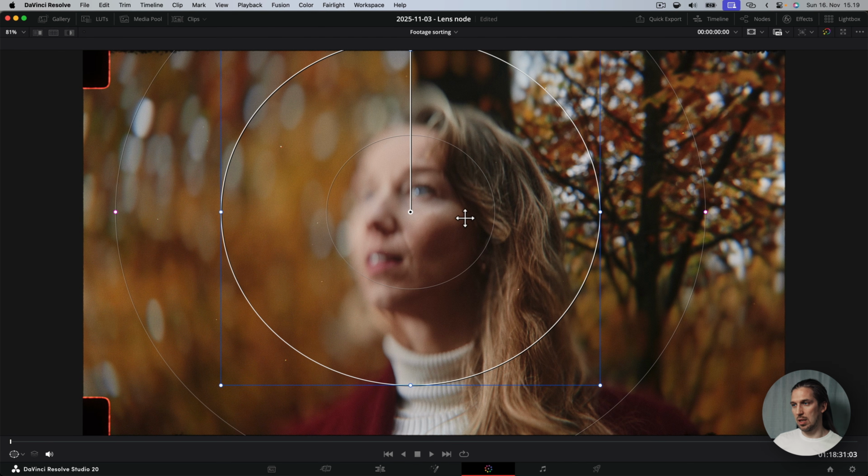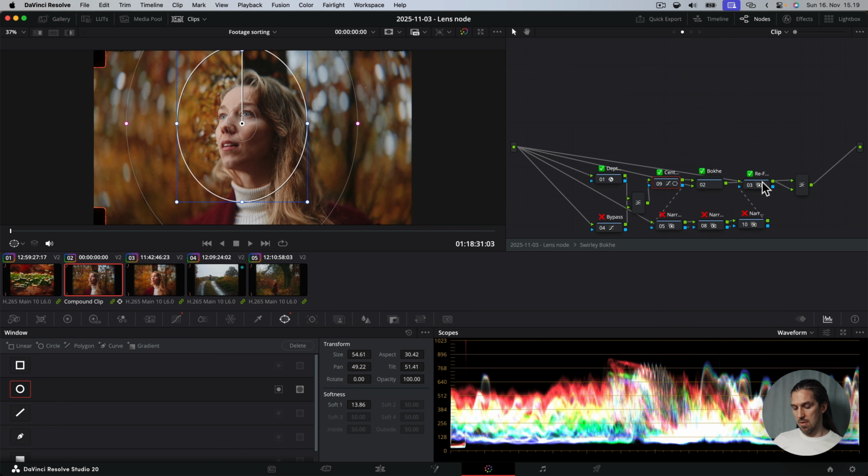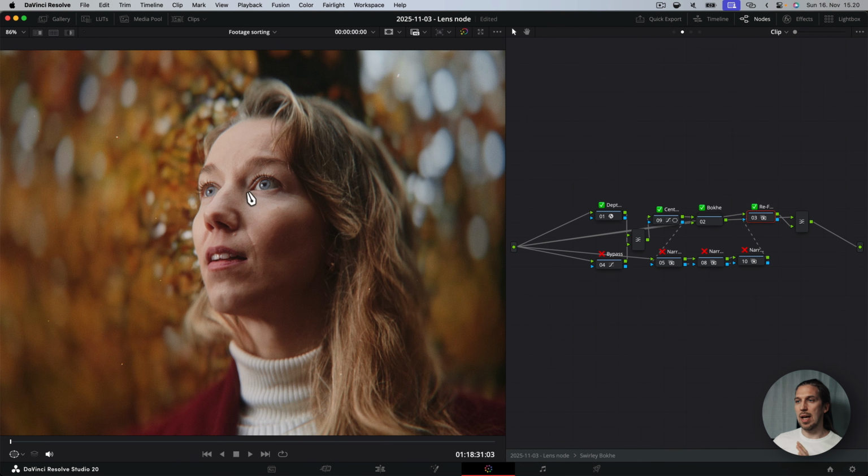Okay, that's how it works. And you can even change the shape and then the roll off and this kind of thing. And then let's put it back up like this. And then before we go to the actual bokeh that creates this swirliness, the refocus node is adding back